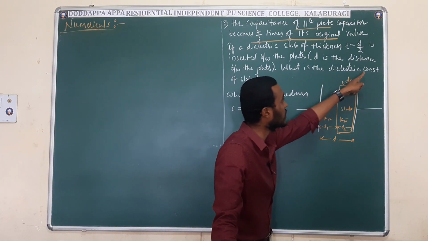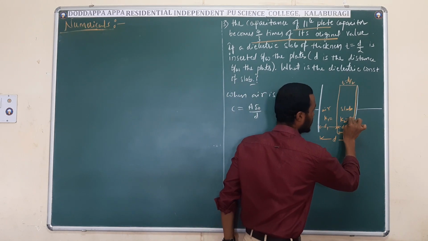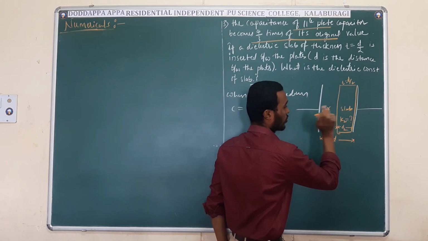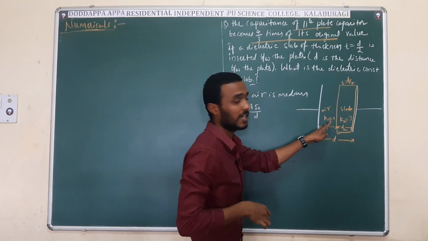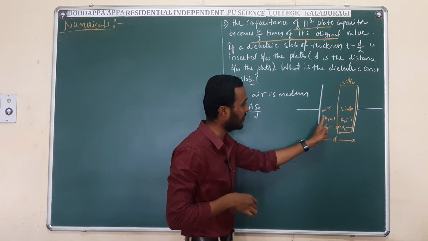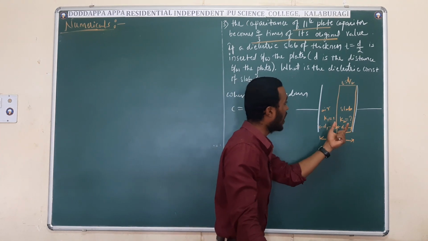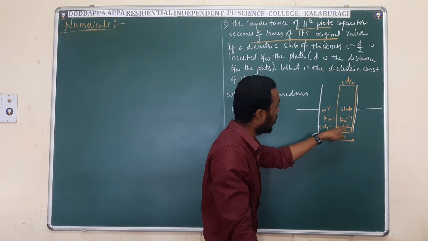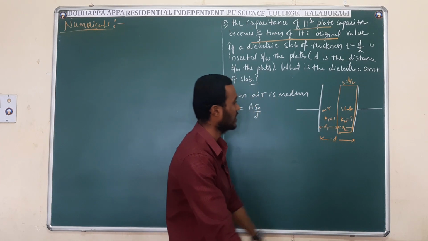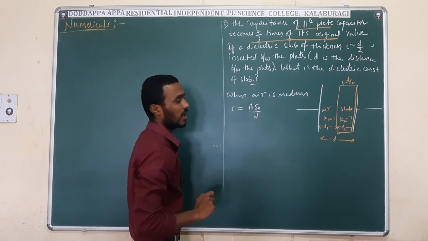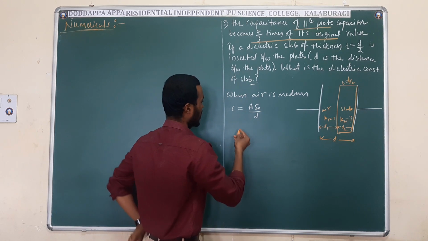So what is the dielectric constant of the slab? That is what he is asking. Our question is K2 equal to question mark. We know K1 is equal to 1 for the air medium. For air as the medium, dielectric constant K is equal to 1. We know this. And on introducing the slab, what will be the dielectric constant of this slab, he is asking. So this is our data. I will write here the given data.